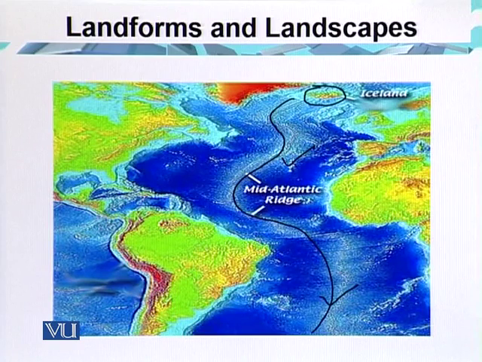So this is the divergence boundary, where the plates move apart from each other, and then the hot molten material comes up and we have the formation of the volcanoes there. So these are actually the landforms which exist on the sea floor. Where plates move apart, they form divergence boundaries. An example of the divergence boundary is the Mid-Atlantic Ridge, which stretches beneath the ocean between the north and southern